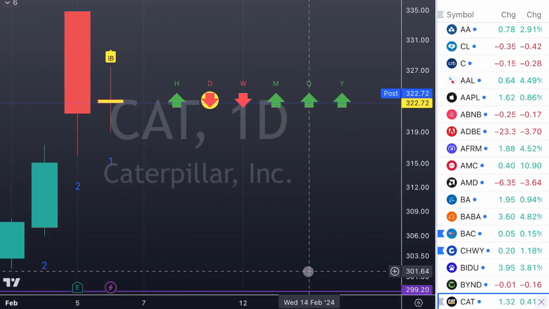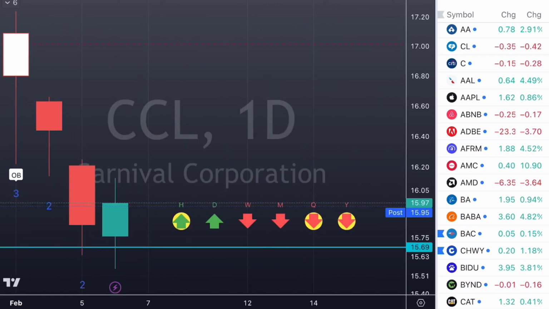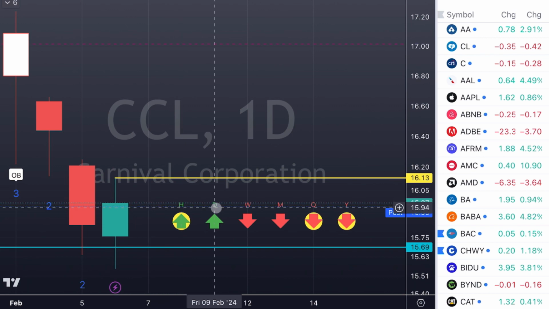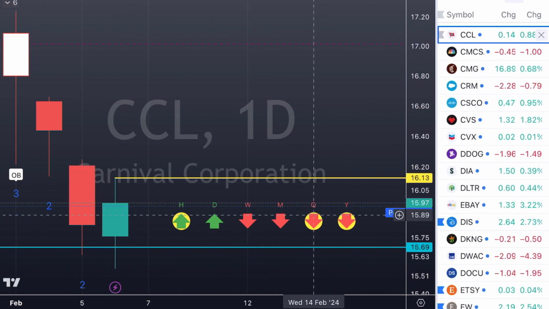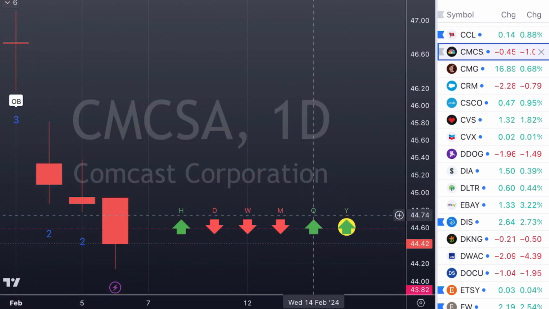Okay? There's CAT with an inside bar. So you can look at CAT and take it, but the premiums are higher and the spreads are further apart. CCL, that's what I mean. See, this body is a little bit higher to the top. I'm more comfortable placing that as a setup on CCL. Okay, and then after, I'll just show you a quick view of what the list is.